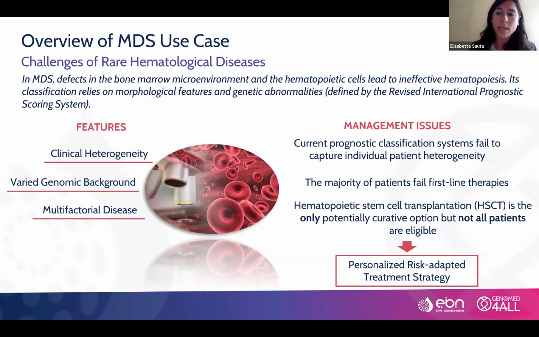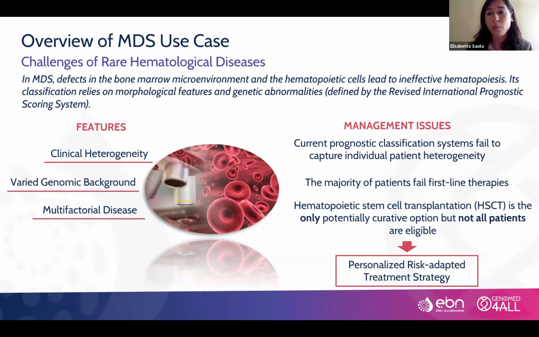These patients are not only characterized by high clinical heterogeneity, but also in their genomic background, because a patient has in median 4 or 5 mutations on relevant genes, but the pattern of these mutations is quite different among patients. So as you can imagine, this is a multifactorial disease, and other elements concur to the disease onset and evolution, like factors linked to the immunological part of the bone marrow microenvironment, and also to the inflammatory part of